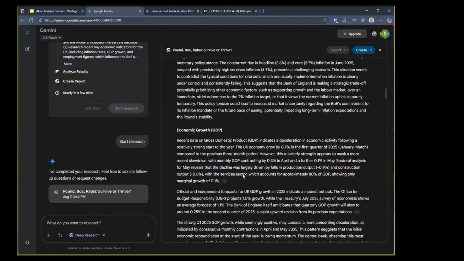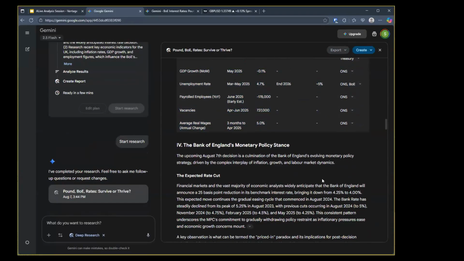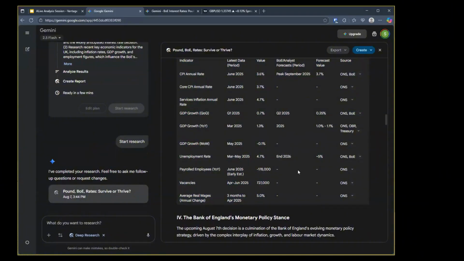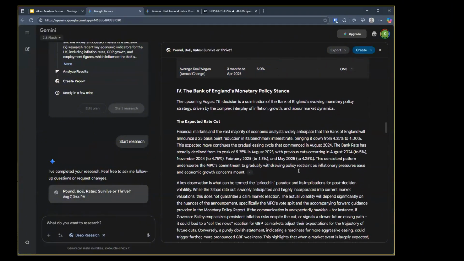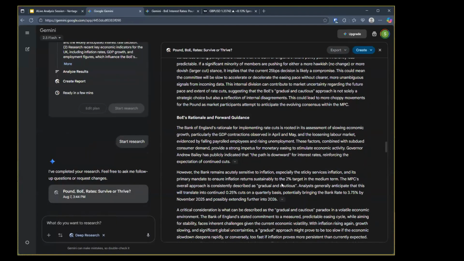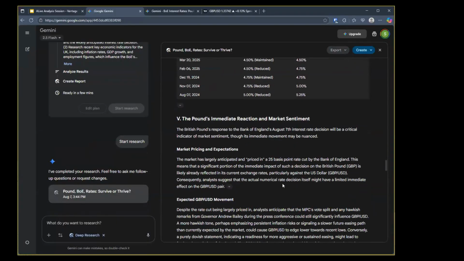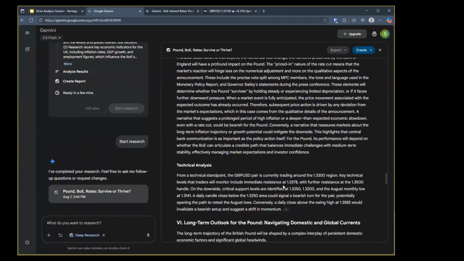All of these key numbers here, you can find on the official websites, but it's nice that Gemini actually scripts all of this information for you. So all of this wall of text is converted into the infographic for us to understand it a little bit better. But if you scroll all the way to the bottom,